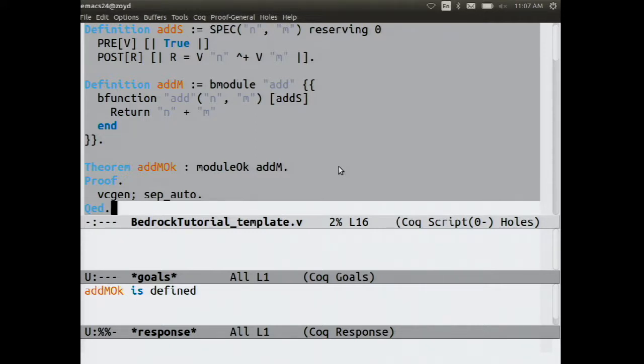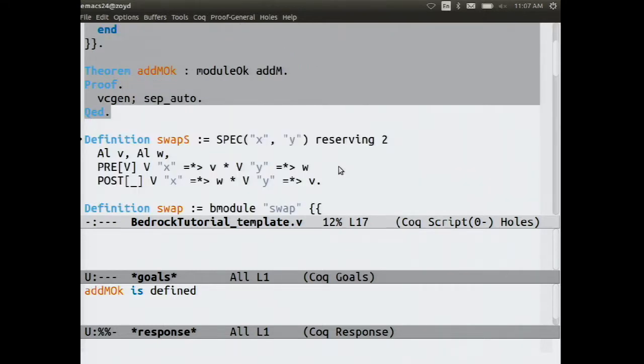All right, let's get a little fancier. Here's a specification for a swapping function. It takes in formal arguments x and y, and then we quantify over two unknown values v and w. The precondition says argument x is pointing to in memory value v, argument y is pointing to in memory value w. And these are separated by a star, which is an idea from separation logic, but I won't dwell on what it really means here. You can sort of think of it like an and that enforces lack of aliasing. And in the postcondition, it's the same except I swapped v and w between the two memory locations.